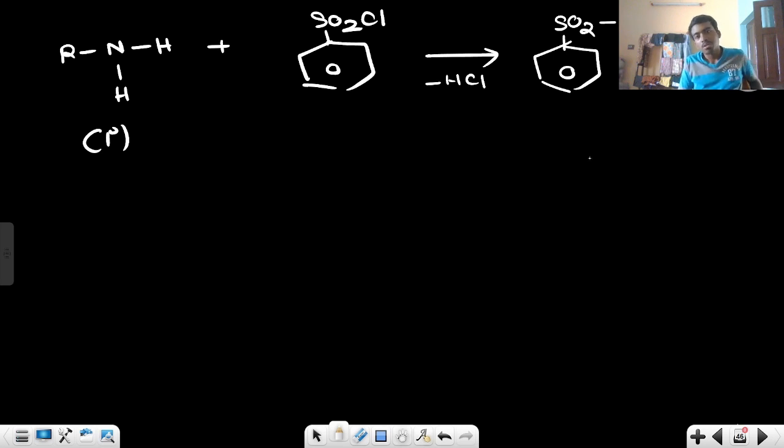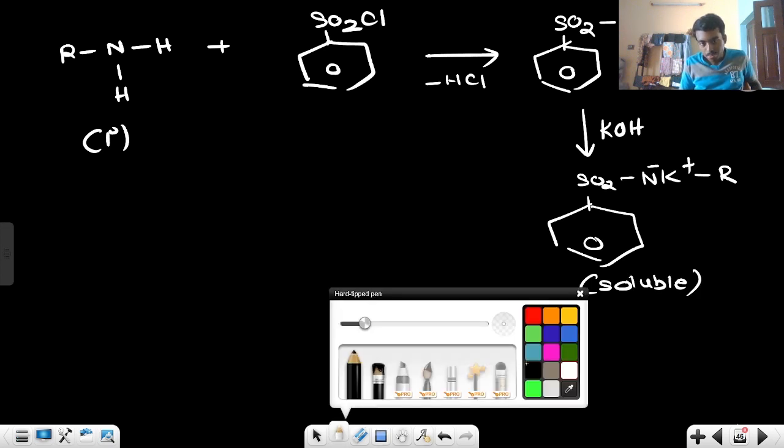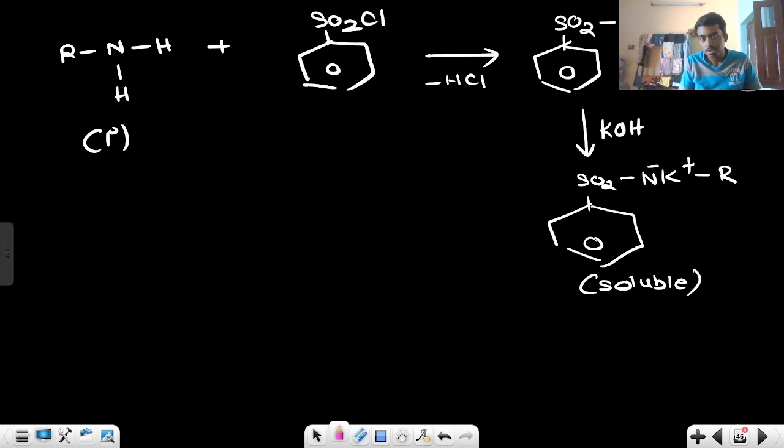Right? Now this one, when I am treating it with KOH, then this hydrogen is acidic hydrogen, so this will get replaced by K positive. So this is soluble. Okay. Acidic hydrogen gets replaced by metal ions. This is what you have learned in class 10. Acidic hydrogen gets replaced by metal ions. So this is